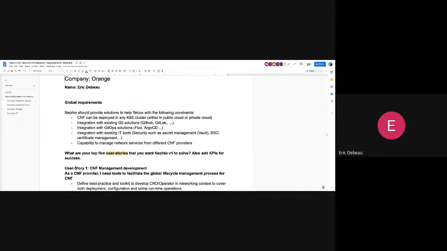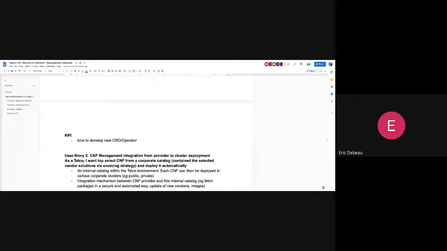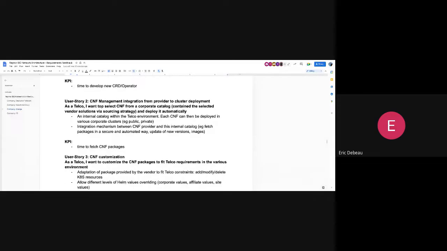As a result, as a telco, we will be sure that every CNF will come with the right operator, reusing the best practices and so on. So this is a user story to help the CNF provider to build their operator. If you can move down, maybe, because I don't see it on the screen. The KPI test should be the time to develop a new CRD operator for a CNF provider.